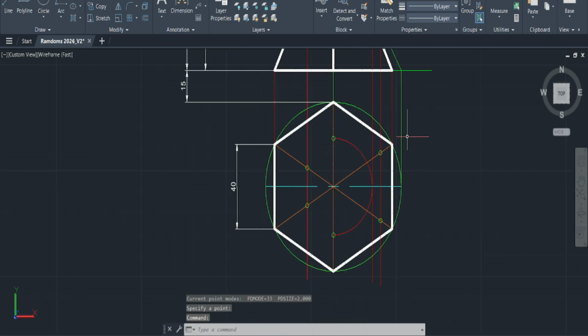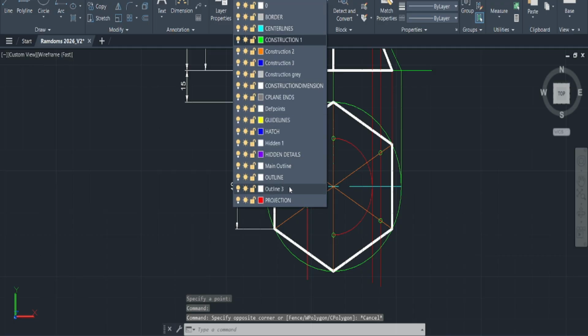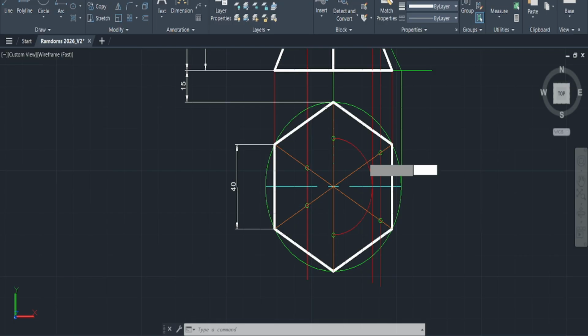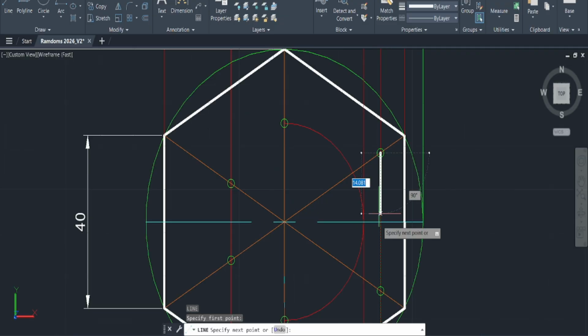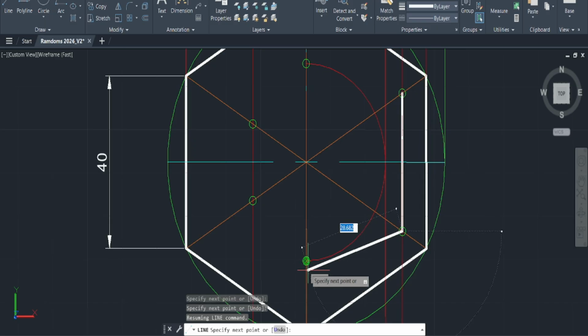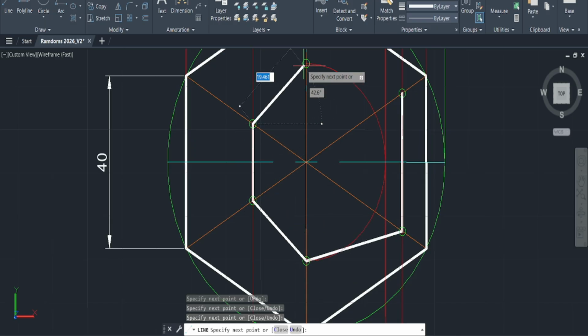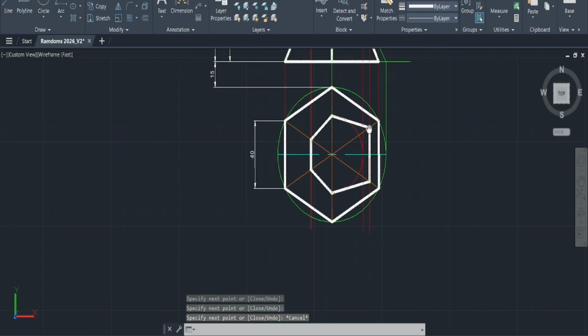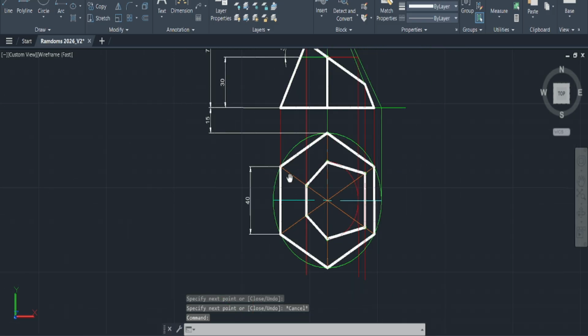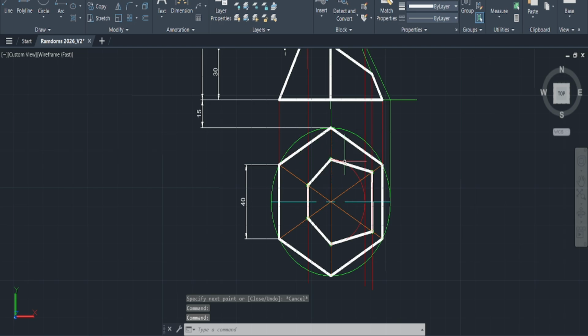Awesome. Now once we have gotten to this point, it's okay to just simply click away and complete the drawing using your main object outline. I'll enter. So I'm going to click all of the points: 1, 2, 3, 4, 5, 6. Awesome. But we're not done yet, because these are actually